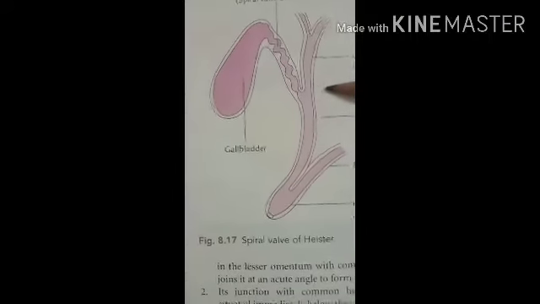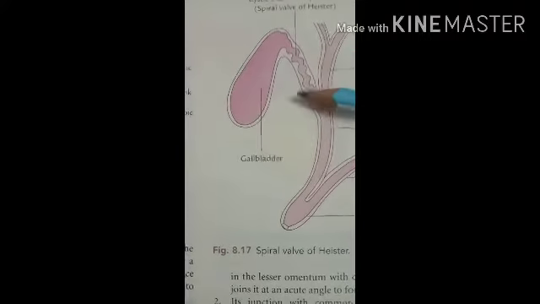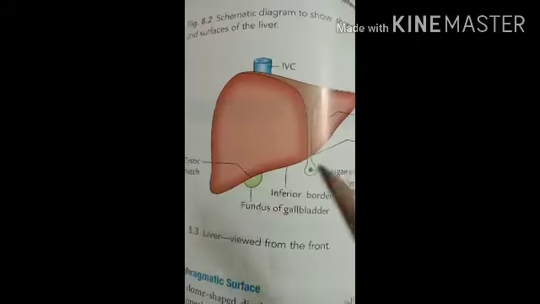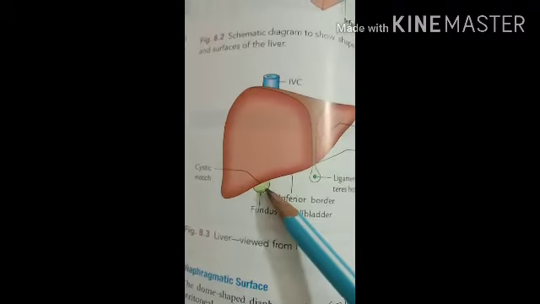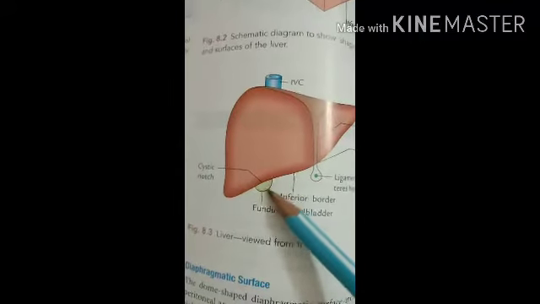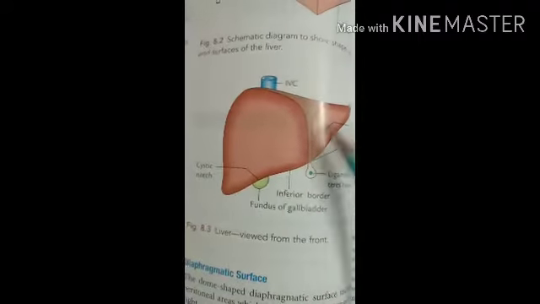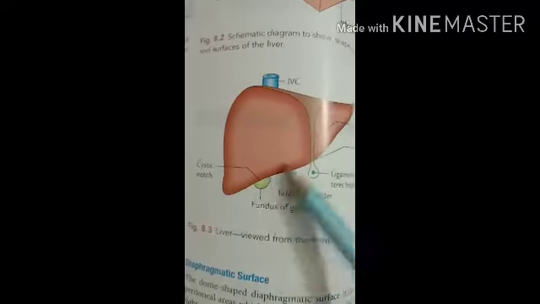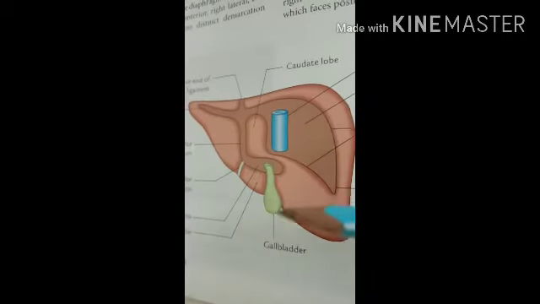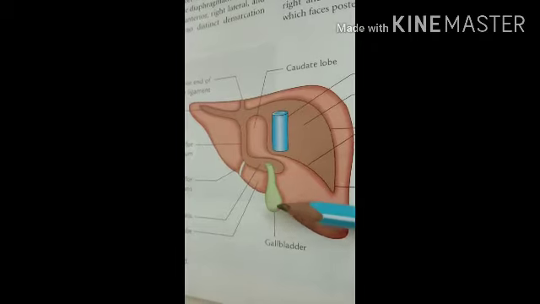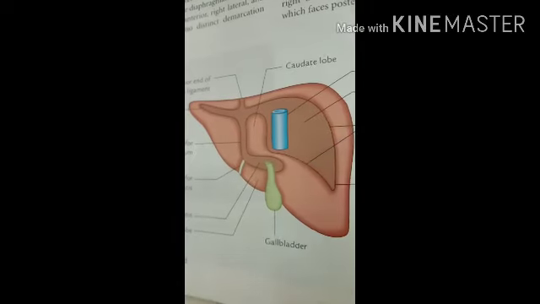The fossa of the gallbladder extends from the right end of the porta hepatis to the inferior border of the liver. Here you can see the lower part, the fundus of the gallbladder, which is present in the fossa for the gallbladder on the posterior inferior surface of the liver. That is the anterior surface of the liver, and here only the part of the fundus is seen. In this other diagram, this is the posterior inferior surface. Here the gallbladder is present, near the right side of the porta hepatis.